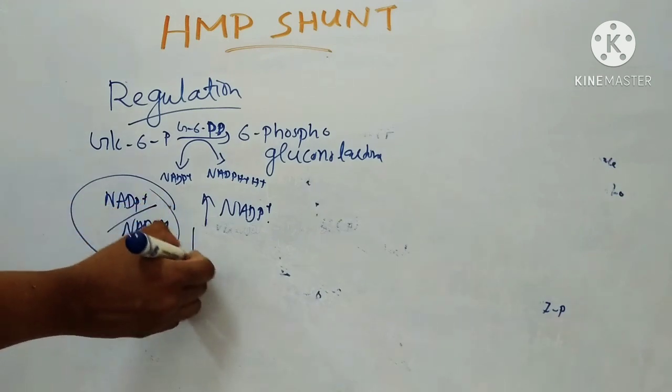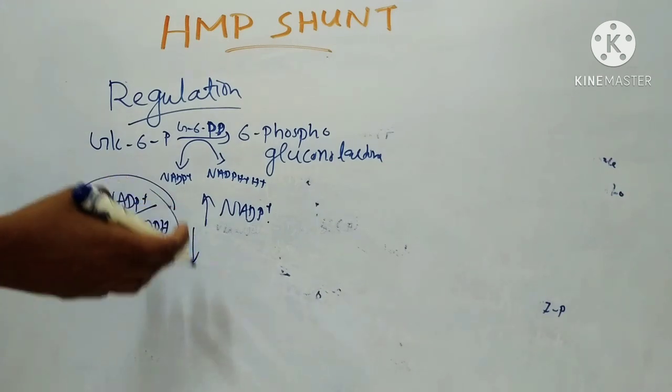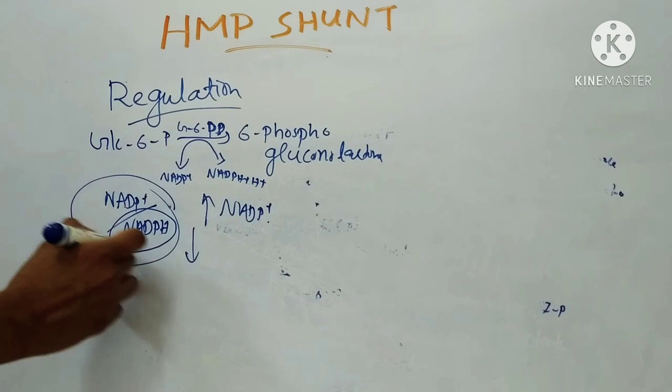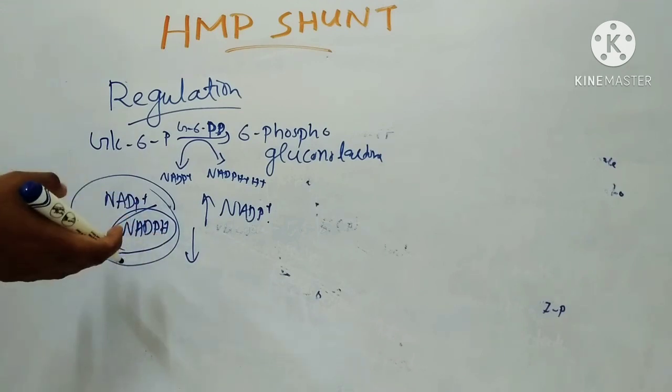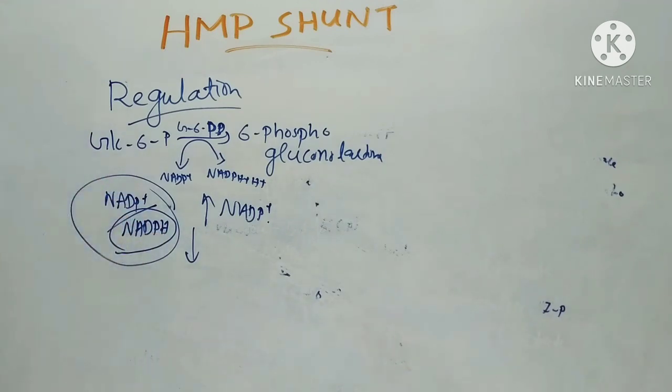A decrease in the ratio means a rise in NADPH. If there is a rise in NADPH, it inhibits both G6PD and the 6-phosphogluconate dehydrogenase by making less NADP